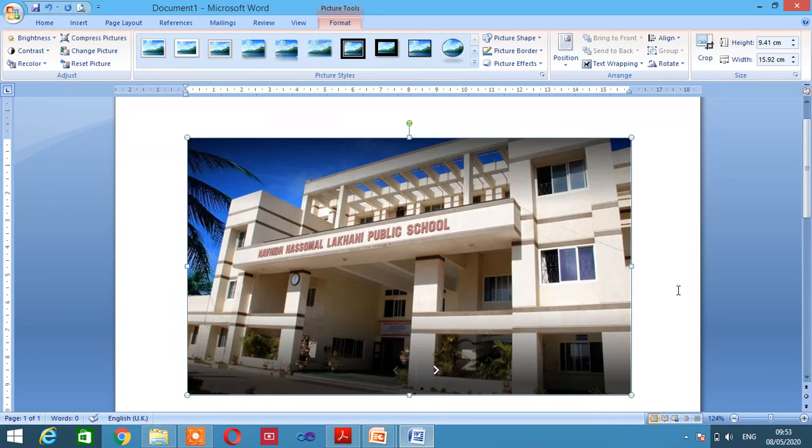There are 2 ways to change the height and width of picture. First way is very simple. Just click on the picture and then go to the Format tab. At the end you will find the Size group. In the Size group you will find height and width. And with the height and width you will find the spinner buttons. Spinner buttons contain 2 buttons. One is increase and second is decrease. Topmost is used for increasing the size, and bottom